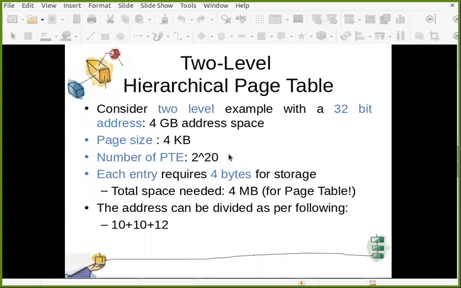And for every page, you have one page table entry. That's why the number of PTEs is 2 raised to 20. And each entry requires 4 bytes for storage. So the total space needed for your page table is 2 raised to 20 into 4, that is 4 megabyte. So for every page table, 4 megabyte memory is required.